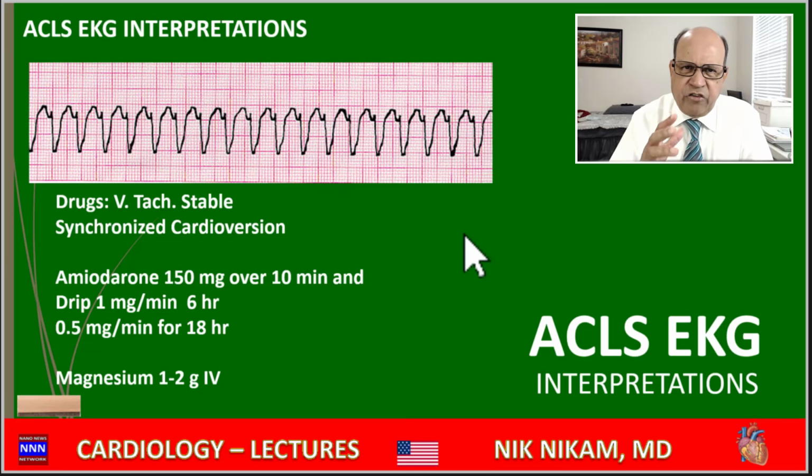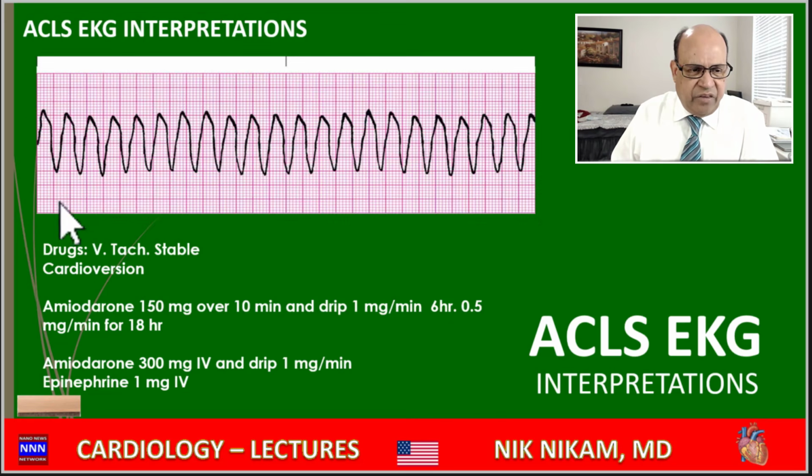When we have a patient with a stable ventricular tachycardia who is talking, who has adequate blood pressure, these patients can be subjected to synchronized cardioversion to get them out of the ventricular tachycardia. And for long term, we may have to maintain them on antiarrhythmic drugs such as amiodarone, sotalol, or dofetilide to avoid the recurrence of these ventricular arrhythmias, which can deteriorate into ventricular fibrillation or torsade.